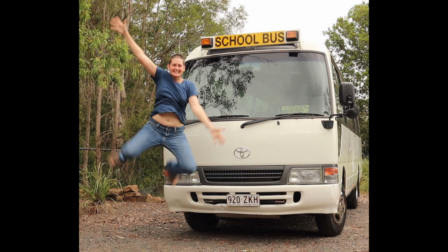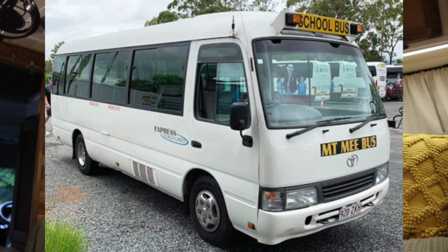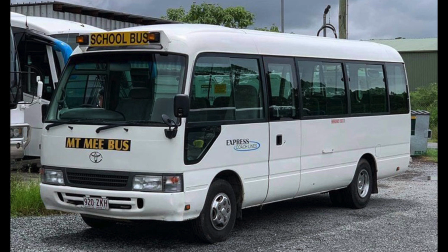So let's start with the bus itself. I bought my bus back in the beginning of 2021 and I paid $15,000 for it. My bus was a 2005 Toyota Coaster and it has the 15B-FTE turbo diesel engine in it, which is fantastic, heaps of power. It's really great to drive. She had 385,000 kilometers on the clock, which is a little bit, but it's not huge for a diesel engine,